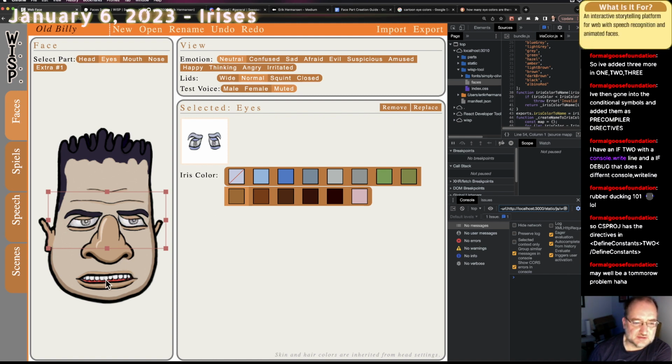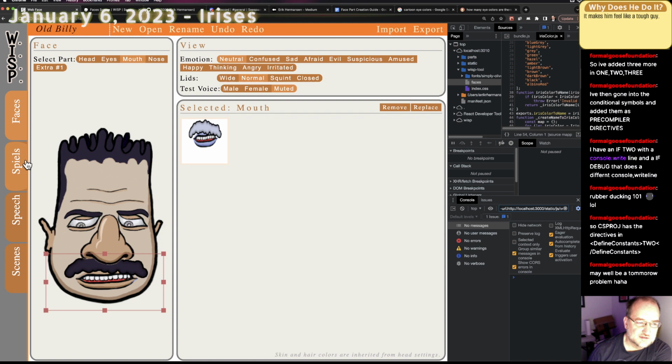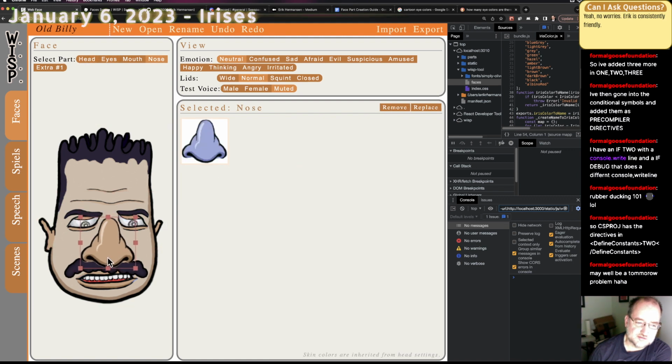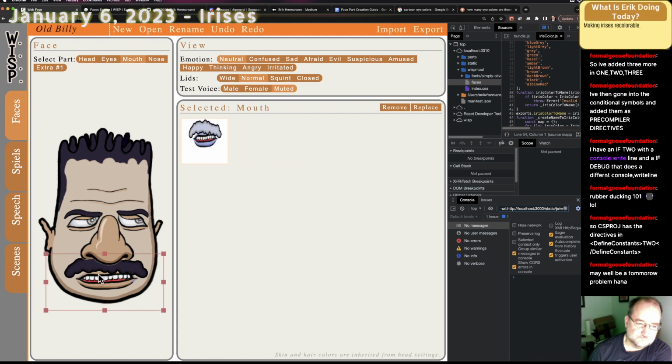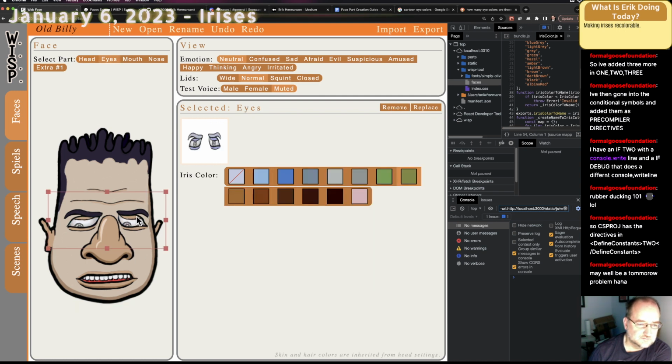Now I did just see a bug, and I'm going to see if I can get it to mess up again just like it did. So I replaced the part, then I came back into the eyes. No. Alright, I mean, that seems like it's doing a pretty decent job. Let's see if I can get it to mess up again. I don't know. I'll have to keep an eye out for it as I develop the next bit of functionality